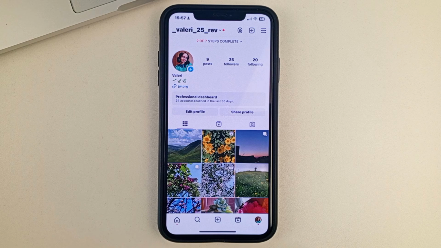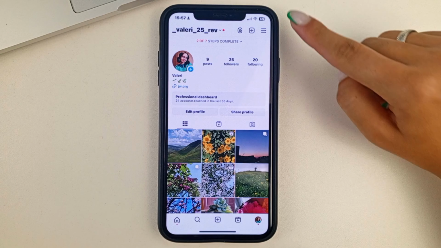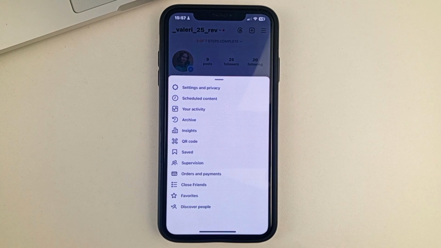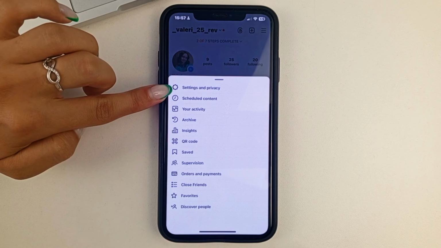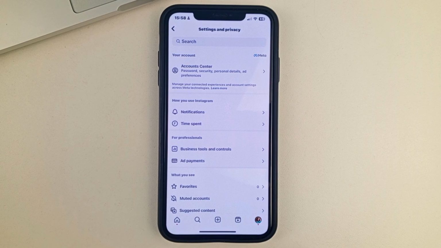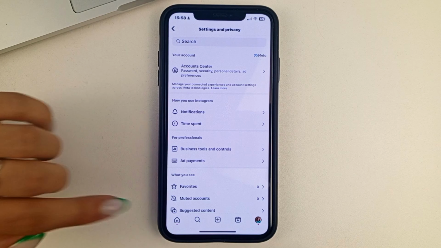But what if you decide at some point to put such a post back on your page? You don't have to worry, it's easy to find and you don't have to repost it. In order to find the archived post, you'll need to click on the three dots on the top right side of your page. And then, friends, you'll either have to find the archive in a menu like this, like I did, or if you click on the three bars, you'll go to Settings. Then you'll find the archive in your settings.